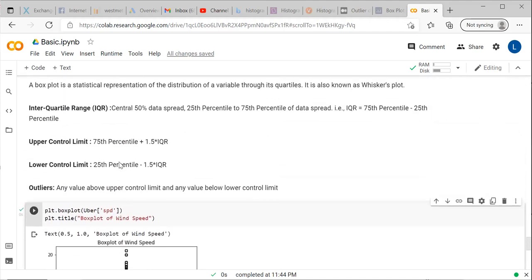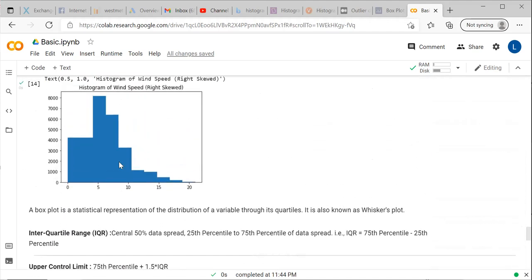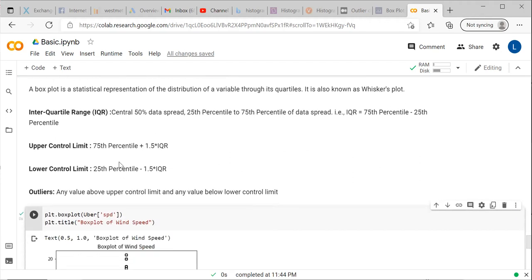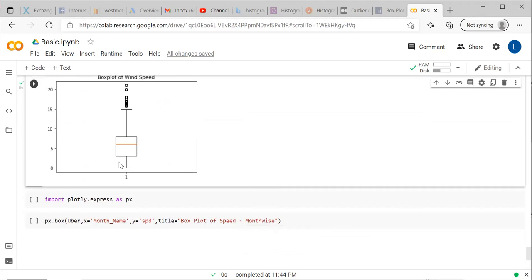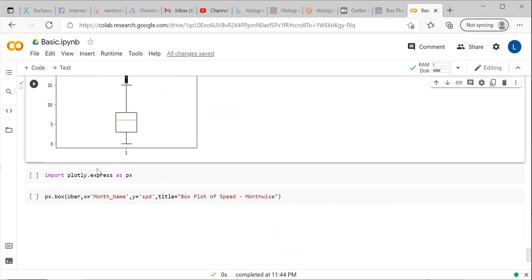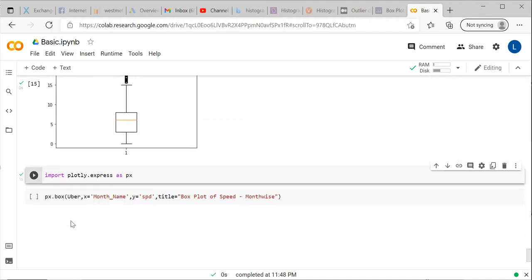You may ask, I can easily create a histogram and box plot using Excel also. Why do I need Python? In the next code, you will get to know why you require Python. This is one more package, plotly.express. We are importing that package as px. Here I'm going to create the box plot month-wise.